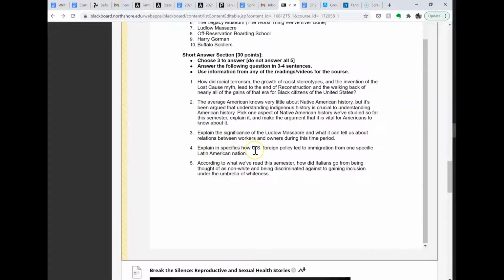One here that's really tied to one of the documentaries we watched about immigration, where it says, explain in specifics how U.S. foreign policy led to immigration from one specific Latin American nation. So you can pick anyone mentioned in the materials, just sort of like, how did U.S. foreign policy contribute to immigration? And there are many examples in that